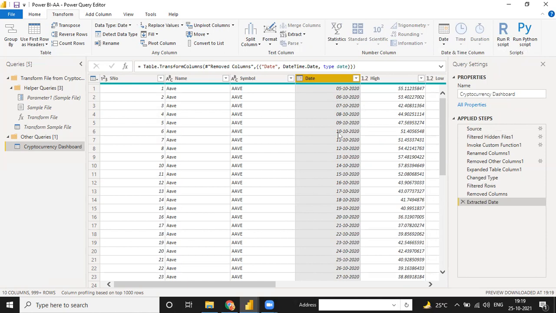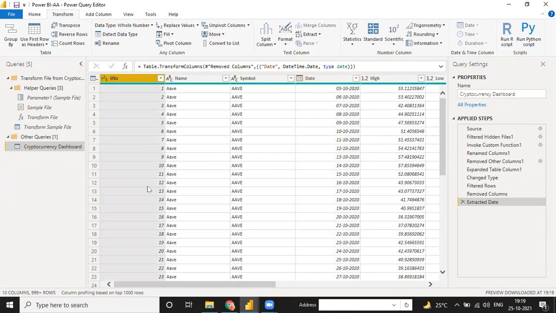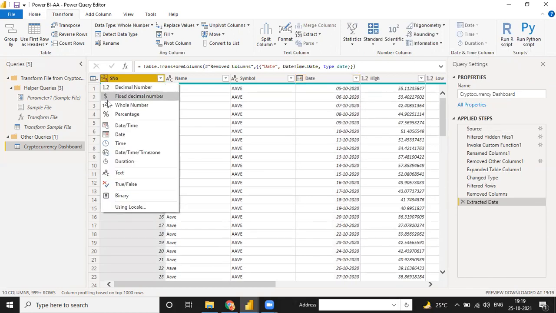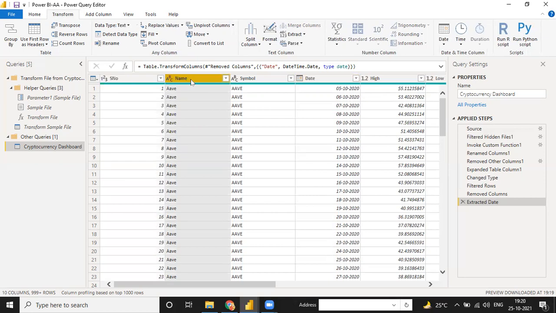And you have to remember the types of the columns. Suppose this serial number, if the serial number is numerical data, you have to remember which data type they have. Suppose right now if you select this 123 as a whole number, so it is correct. But if the serial number is, suppose, a text column, then it will not be correct. When you make the relationship with serial number to serial number, it will not connect your relationship correctly. So one thing you have to remember, that your data type should be matched with the column name. Data type, not date type. Data type should be matched with the column name.